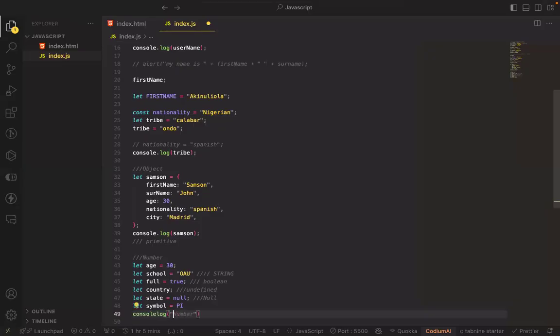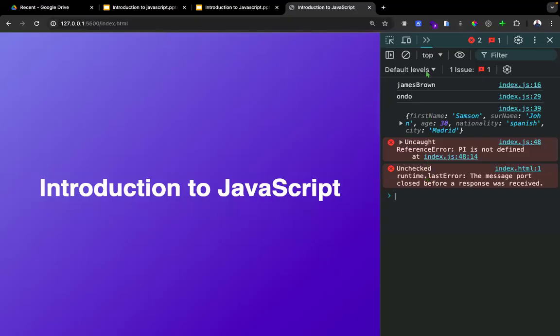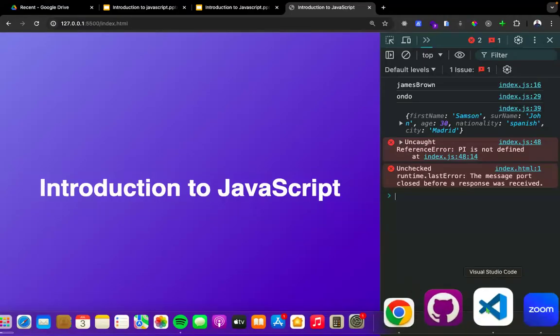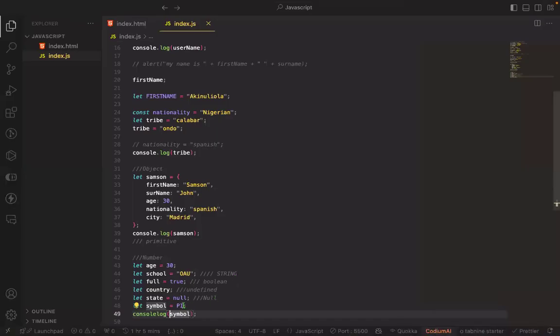For most of these things, the most frequent ones you will probably be using all through your code base are number, string, boolean, and sometimes undefined. Those are the ones you're going to be using most frequently. It's only on few occasions, if you are working in a fintech company, let me use that for example, that is where you're actually going to be using